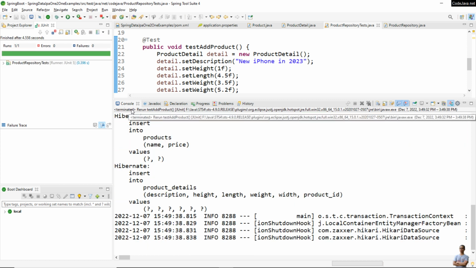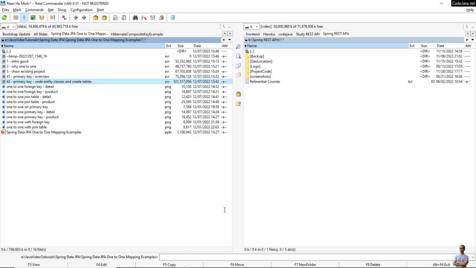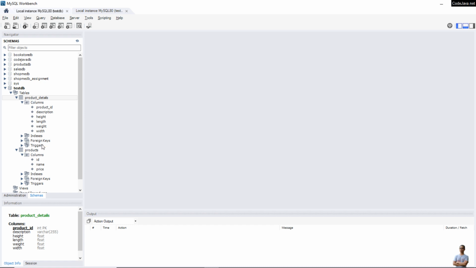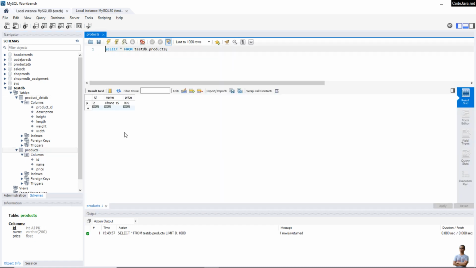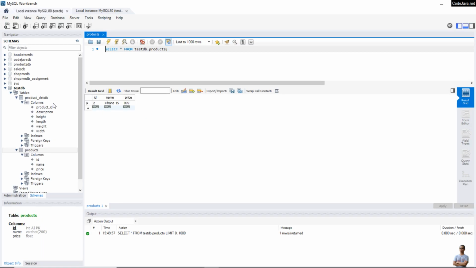Okay, you see the test is now successful, and you can see it executed the insert into products table statement here, and also insert into product details table. Let me check in MySQL Workbench here. Select rows from products table. You see one row inserted, iPhone 15, ID 2,